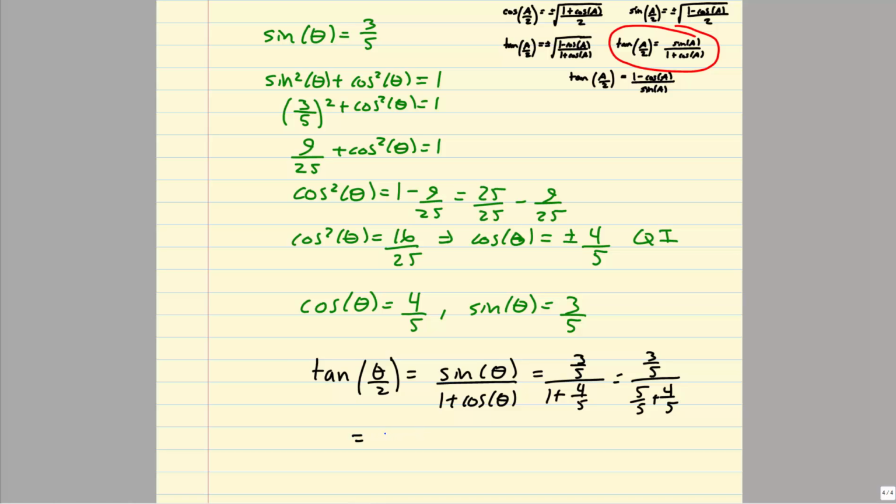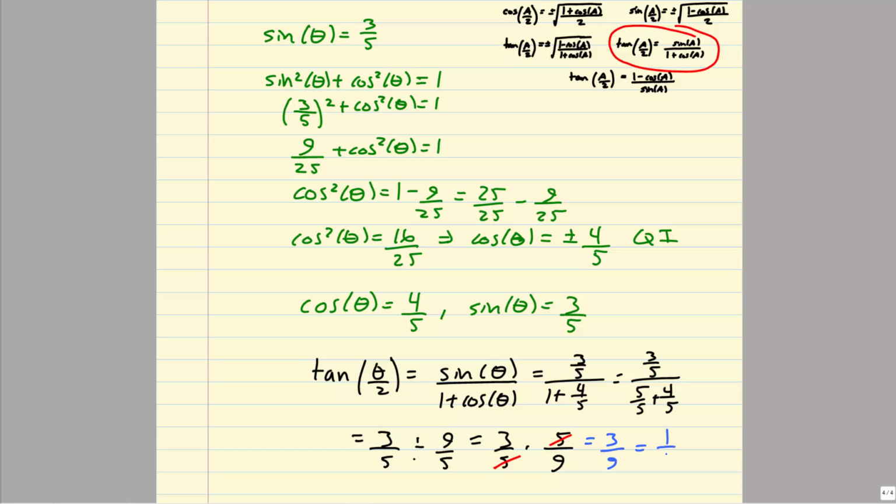So this is going to be 3/5 divided by 9/5. And when you divide by a fraction, you multiply by the reciprocal. And it looks like from here, wait, there should be a 9 here. This should be 5/9, sorry. So the 5's will cancel, and I'm left with 3/9,